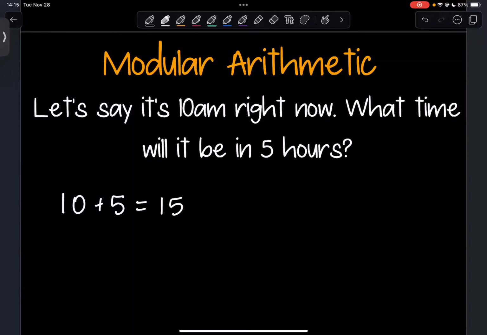Really, we can think of 15 hours after midnight. That's how we think of 10 a.m. as 10 hours after midnight. And so we can think about what this 15 represents in our 12-hour clock. If we were thinking 24-hour clock, this would be our answer. But if we want to think in our 12-hour clock, I can subtract multiples of 12 until I get a number between 1 and 12 here, right? So here I can subtract off 12 to give me back 3. And really these are equal mod 12.